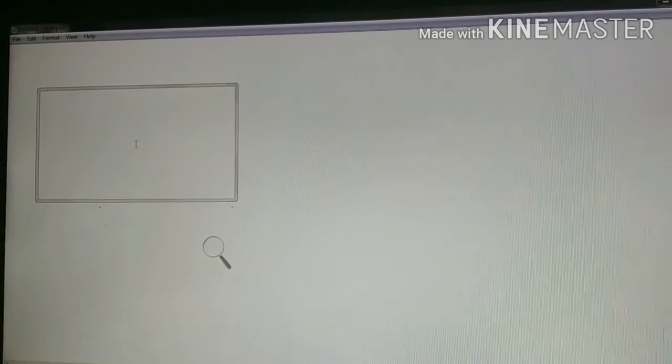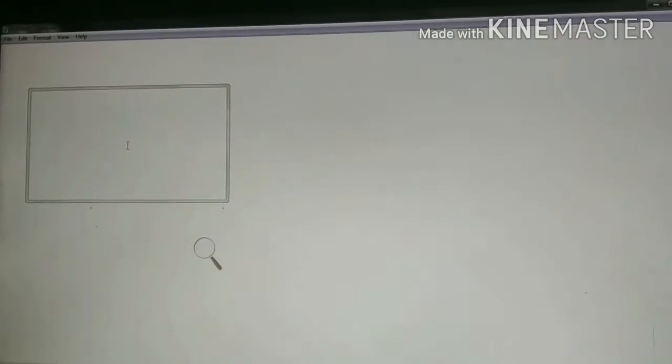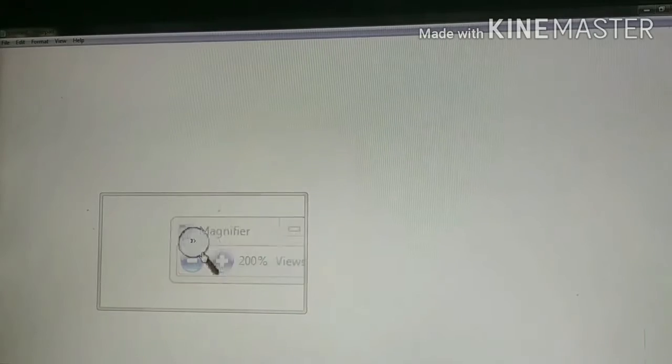Now we will type an HTML program first. Today I will show you how to do the coding of HTML and then how to see the output of the HTML file. So first we have to start with the HTML tag. Starting HTML tag, then inside, first the head tag.